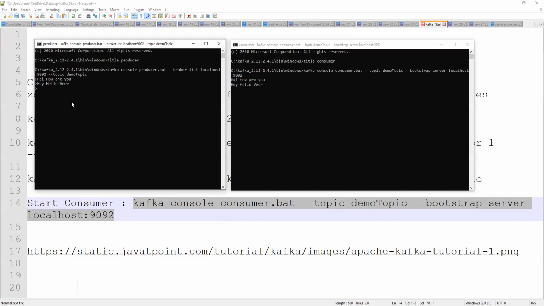Like that we can publish the data. The same data we are processing using a Spring Boot application. That is what we are going to see now. So this is the local running setup. We are keeping the server up and running, otherwise the application will not work. Now we are going to integrate Kafka into the Spring Boot application.